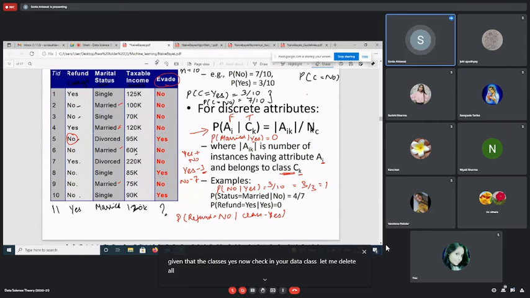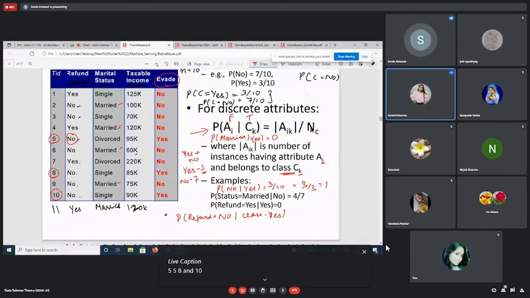हाँ, अब बता, क्लास में यस कहाँ कहाँ आ रहा है? तीन कौन कौन सी जगह से? हाँ, वो ट्रांजेक्शन आईडी बोल। 5, 8 और 10। अब रिफंड चेक कर, कौन कौन से केस में नो है? इन्हीं तीनों में नो है।